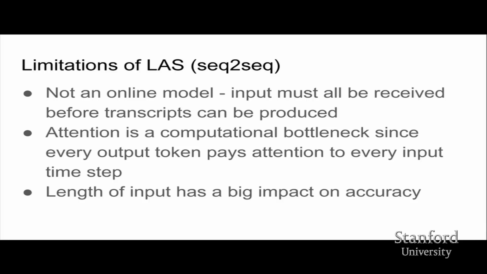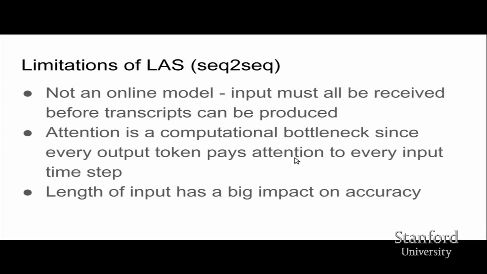So you get this next step prediction of y t plus 1 given all the input x and all the tokens you've produced so far, which is y1 to yt. So it's really just doing next step prediction, but the next step prediction is conditioned on the entire input. So if you were going to try and put it in a real speech recognition system, you'd have to first wait for the entire audio to be received before you can start outputting the symbol. Because by definition, the mathematical model is the next token and is conditioned on the entire input and the past